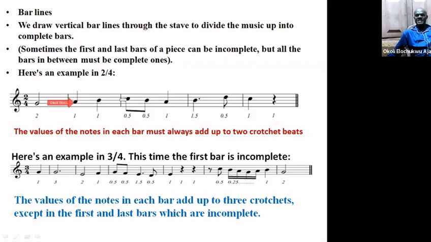And here you have 2 quavers plus a crochet. The value of 2 quavers plus a crochet is 2 beats, which corresponds to 2 crochet beats. It continues like here. Here you have a crochet note and a crochet rest that corresponds to